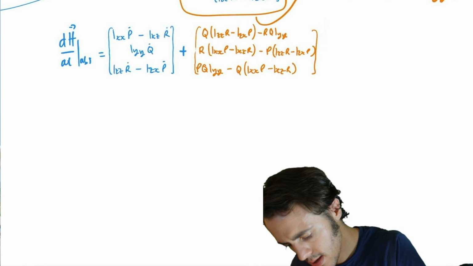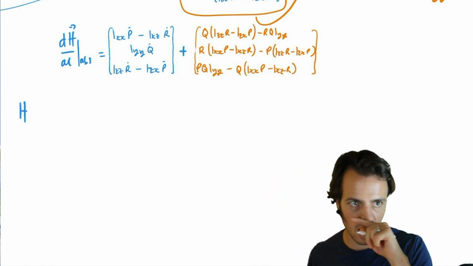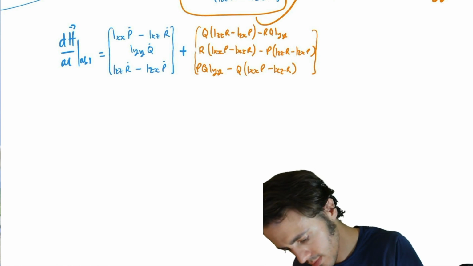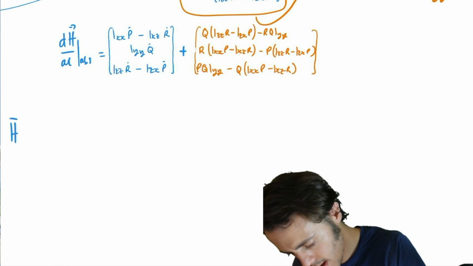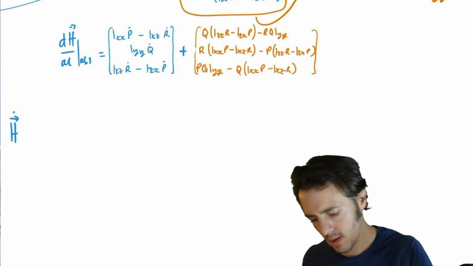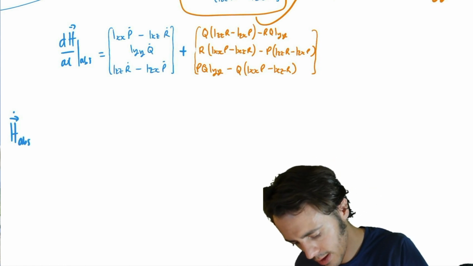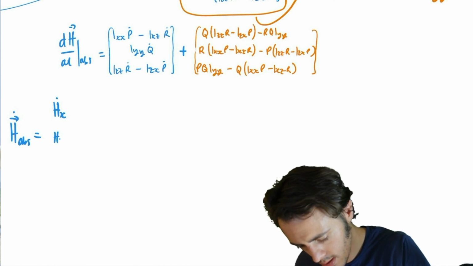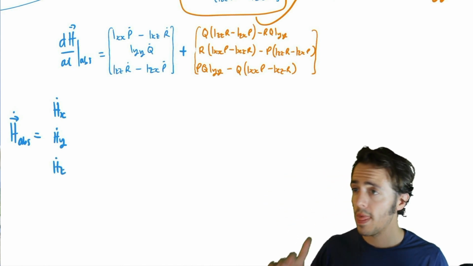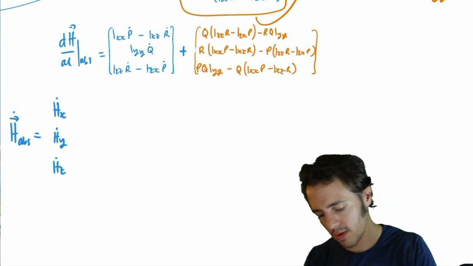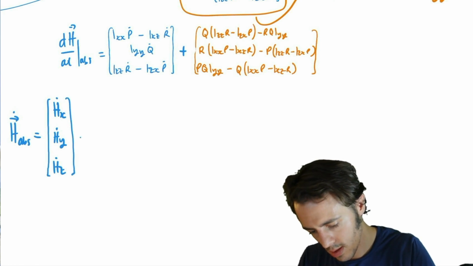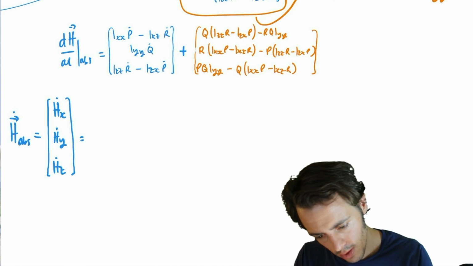Okay, so we'll say my absolute rate of change, so h dot absolute is equal to hx dot, hy dot and hz dot. In general, when you see a dot, that's denoting an absolute time rate of change. And that's equal to